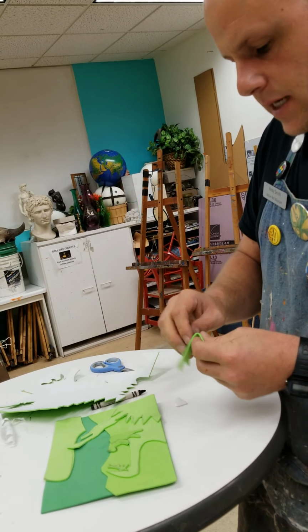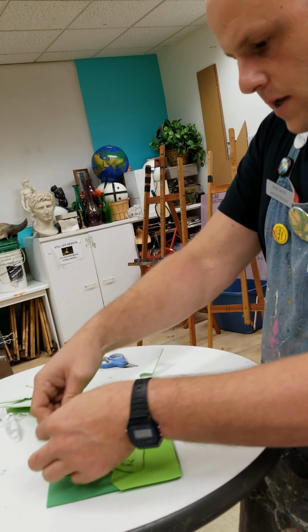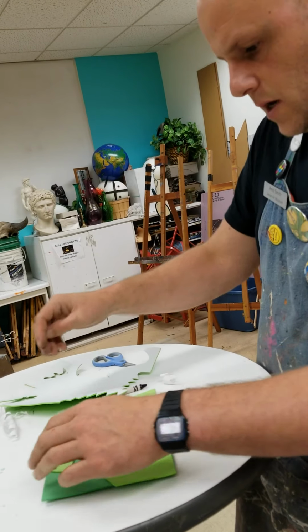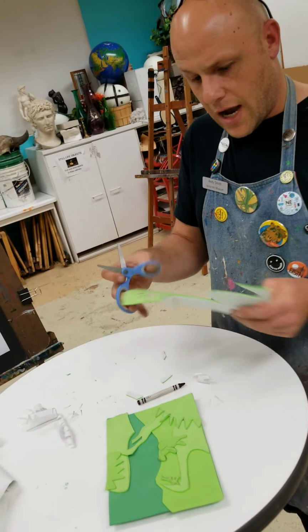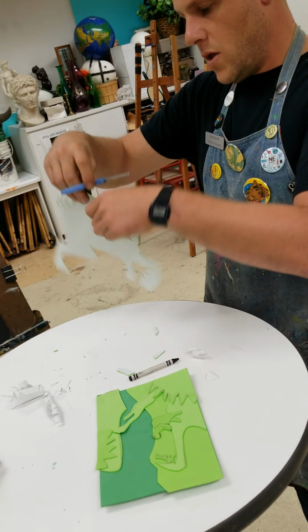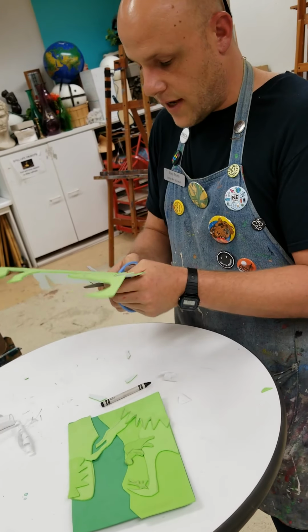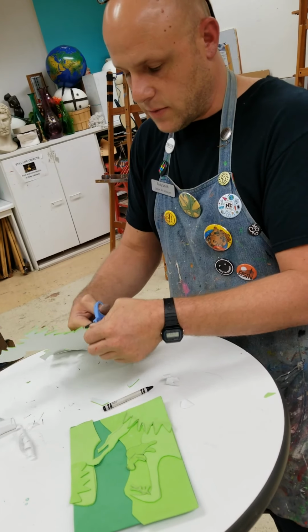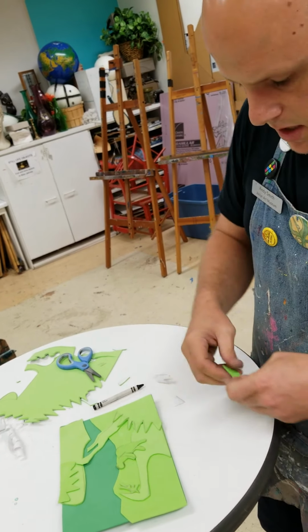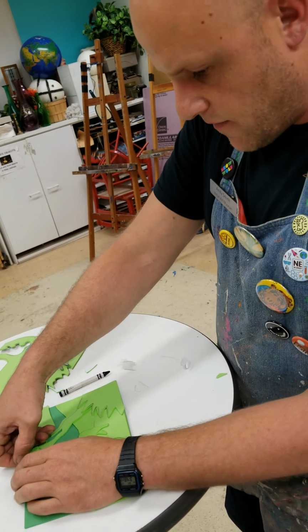So once I start to get in some of these big shapes, then we can kind of think about what other information we can put on there, and build up shapes on top of shapes. See how high of relief you can get. And as we put more shapes on top of other shapes, I'll save that shape, we'll start to notice some different shadows. And those shadows, when you come and visit,